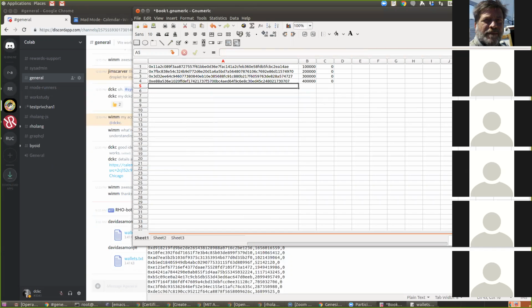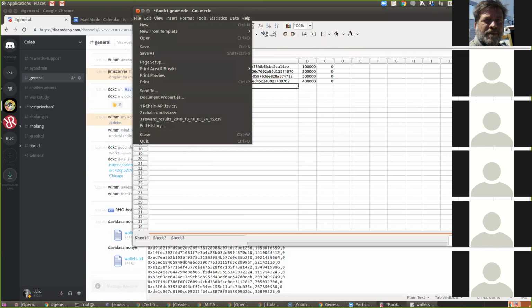Is this how wallet addresses are made? A wallet address is a public key, correct. In Ethereum, I think it's a hash of a public key, but we'll see.